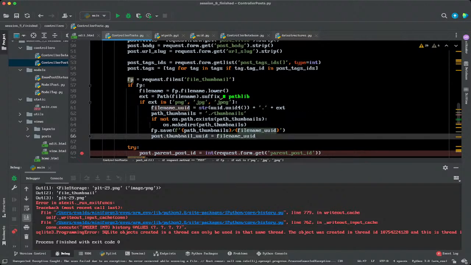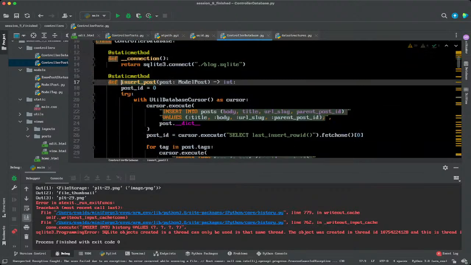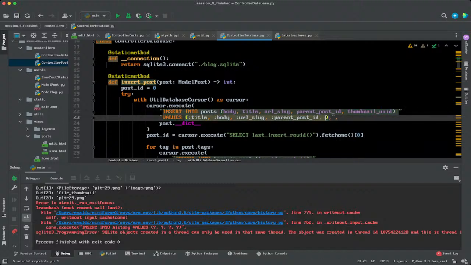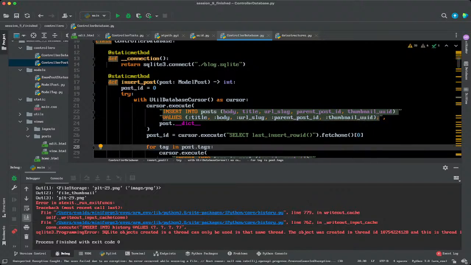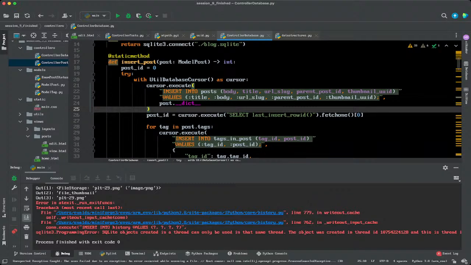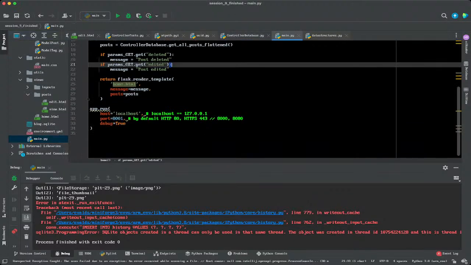So let's see. Let's check that this works actually. So also the insert post, we need to add here the thumbnail UID, of course. And also for the editing, right? So that is that part. That is that part. And then for the serving, here,